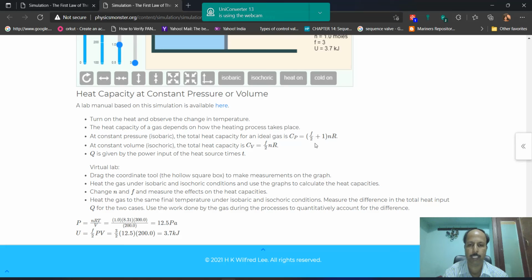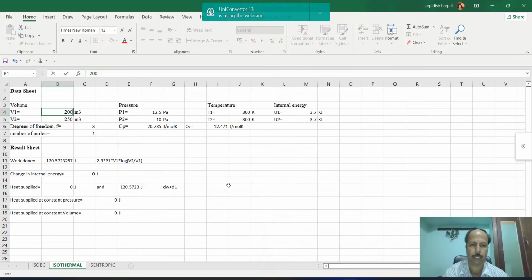Cp value is (F by 2 plus 1) into N into R. Cv value is F by 2 into N into R. Here F is the degrees of freedom, N is the number of moles, which is 1, and 8.314 joules per mole Kelvin is R, the universal gas constant.